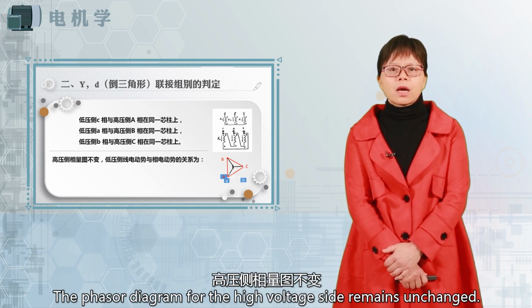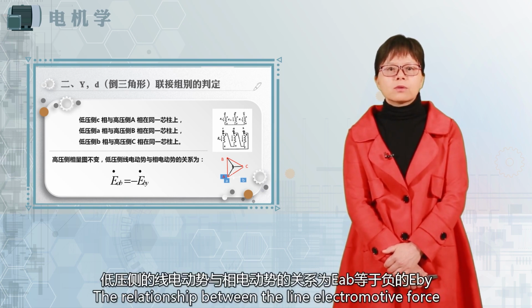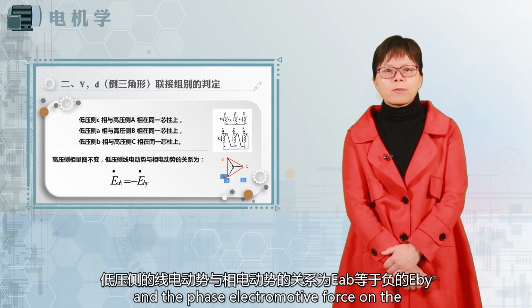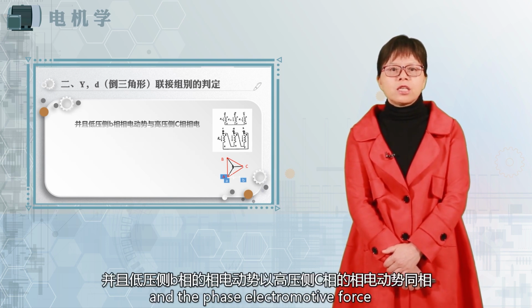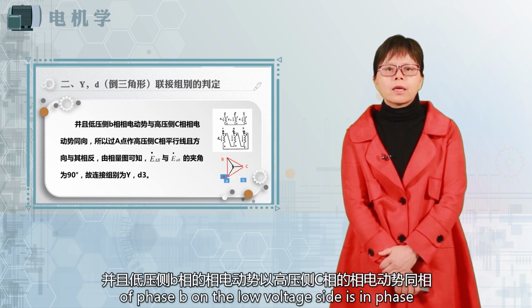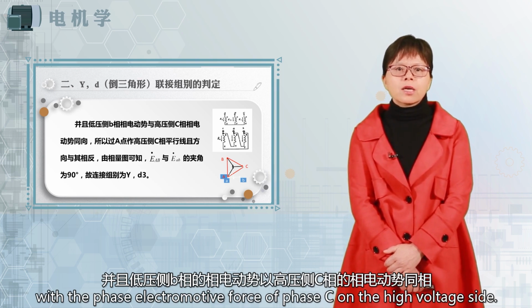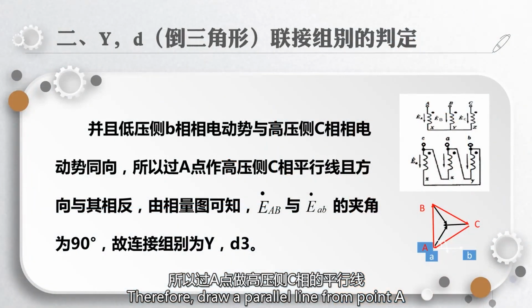The phasor diagram for the high voltage side remains unchanged. The relationship between the line electromotive force and the phase electromotive force on the low voltage side is that EAB equals EBY, and the phase electromotive force of phase B on the low voltage side is in phase with the phase electromotive force of phase C on the high voltage side. Therefore, draw a parallel line from the point A in the direction of phase C on the high voltage side,